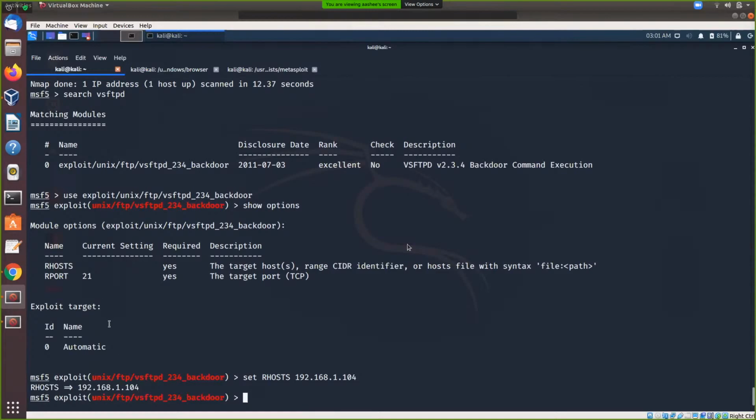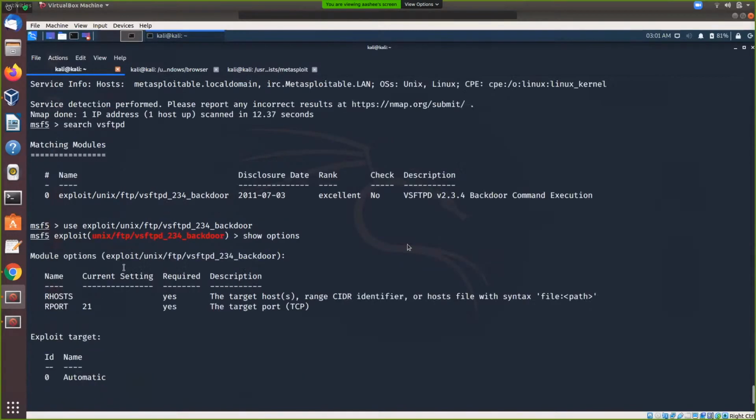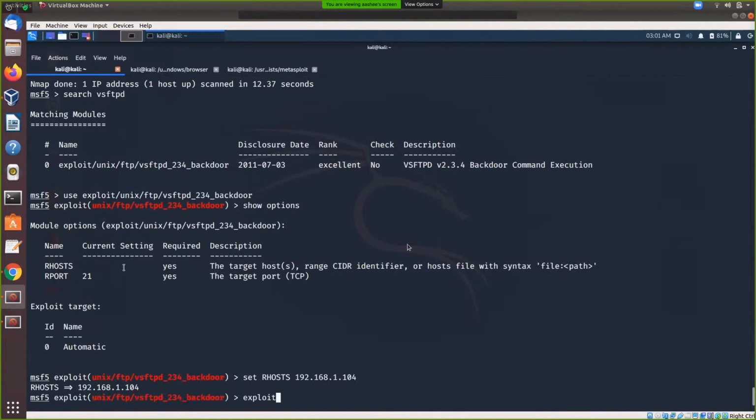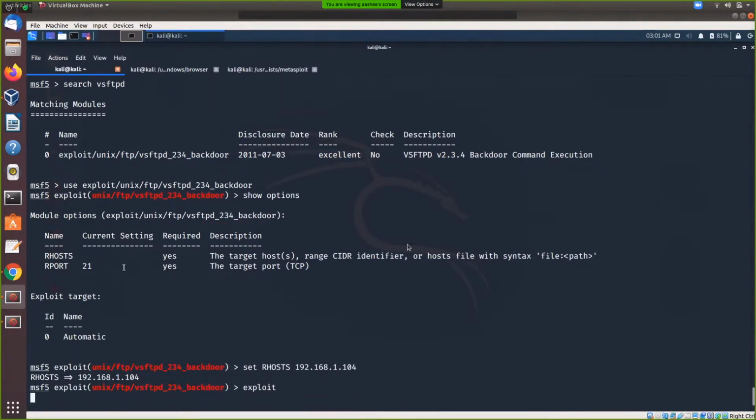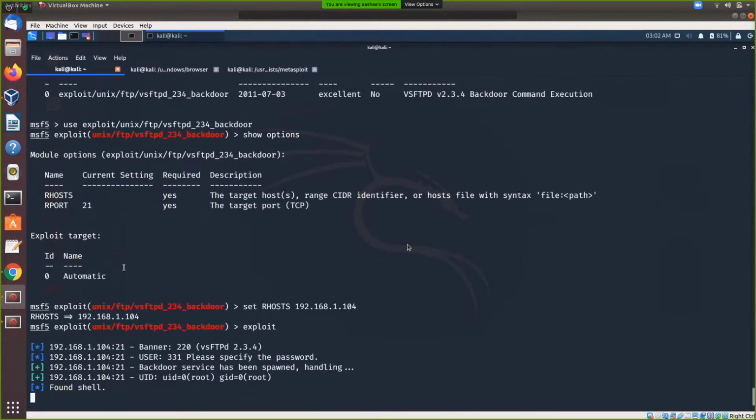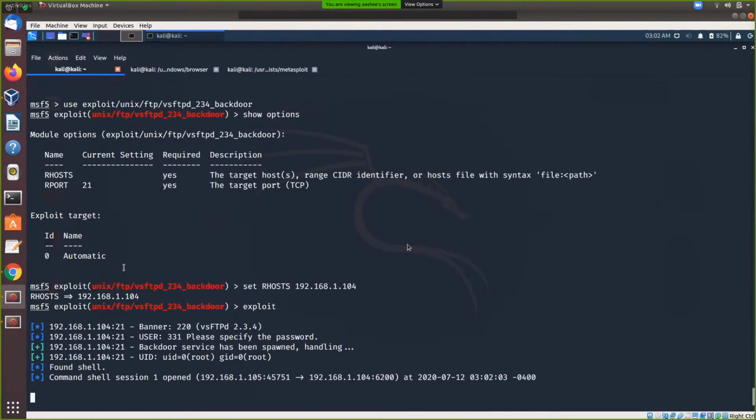Now, as this is an exploit, we will enter exploit and it should work. Yes, it is working. We have found the shell and we have found its command shell, and the session is open now.